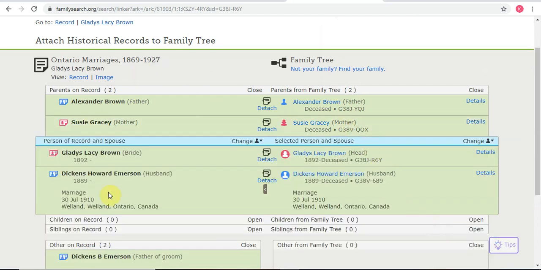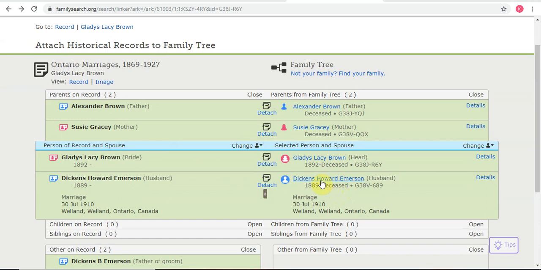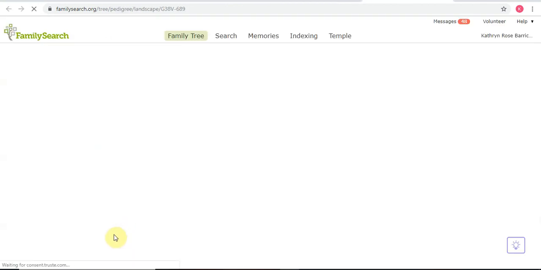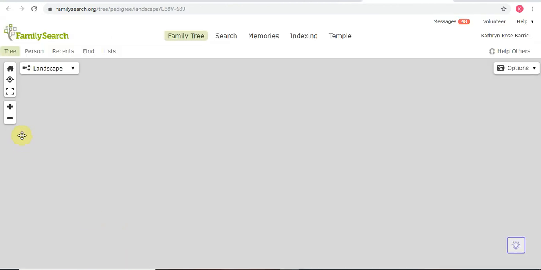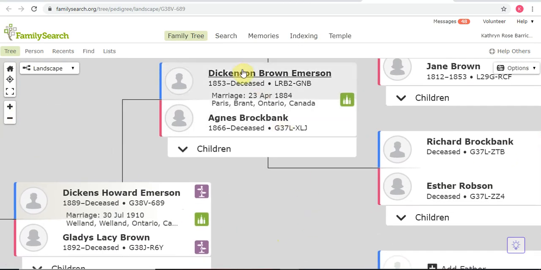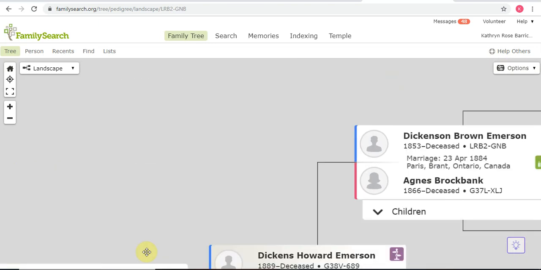Now I've attached this marriage record to everyone in the tree, and when someone was not in the tree, I created them in the tree and then attached the record to them. From here, I can go back into someone on Family Tree. I'll go back to Dickens Howard Emerson in the tree. I'll click on Dickinson, put him in the center focus of the tree,